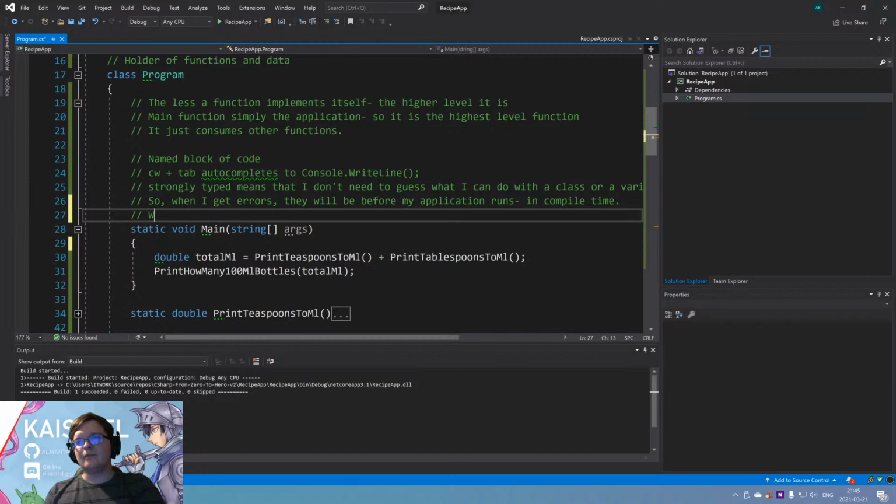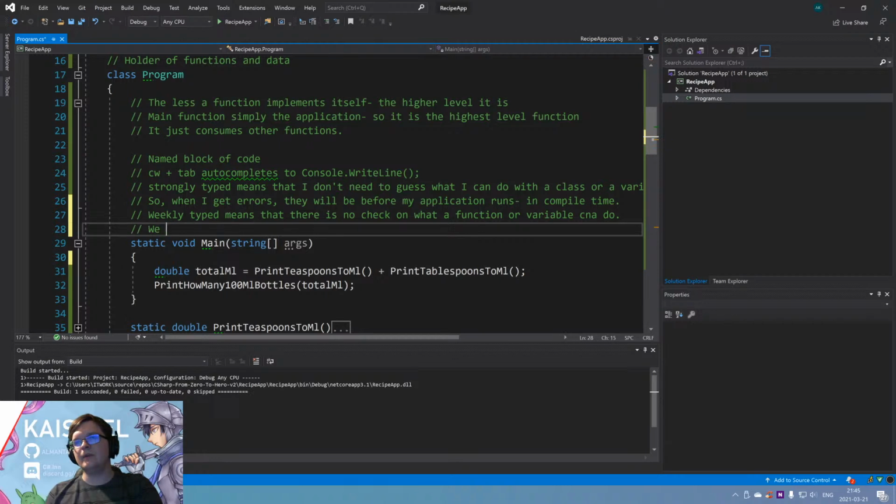Dynamic. So weakly typed means that there is no check on what a function or variable can do. We can do that with the dynamic keyword, dynamic A is perfectly fine C#